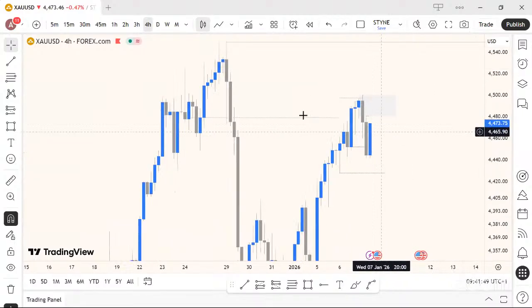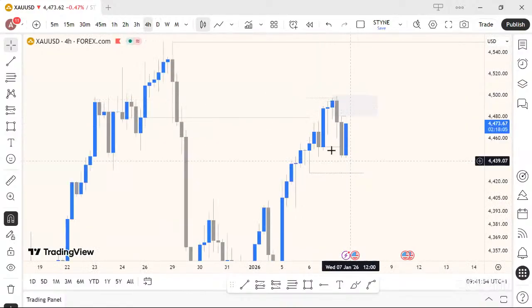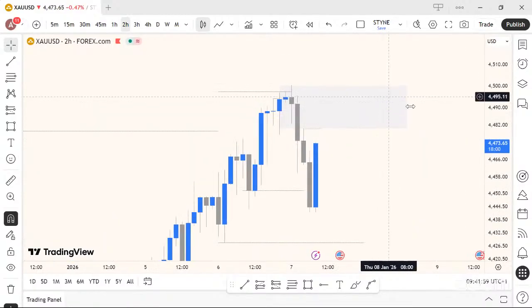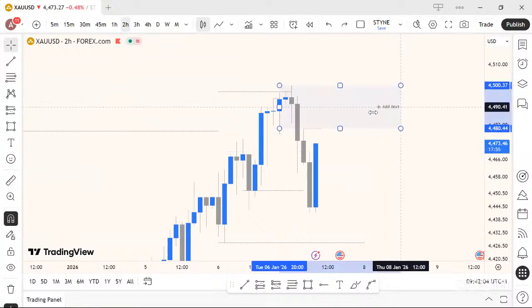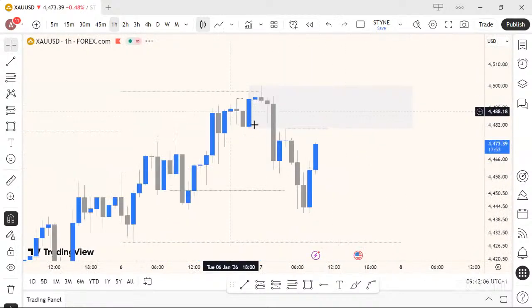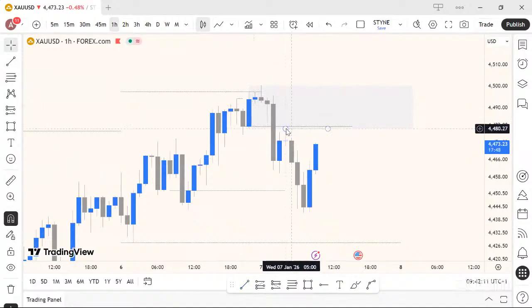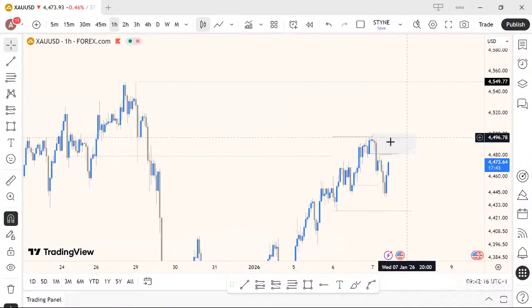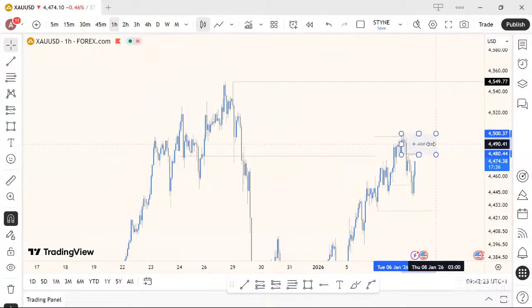Okay. Where were we? So I was saying, after the sweep, we have had an expansion to the downside. This zone that I've drawn out now, look at it. This zone I've just mapped out is looking very interesting on the 3 hour and also on the 1 hour time frame. It has a fair value gap, an inducement that is building up there. So we can expect some sell-off from gold at this point. We can expect some reaction from gold at this zone.